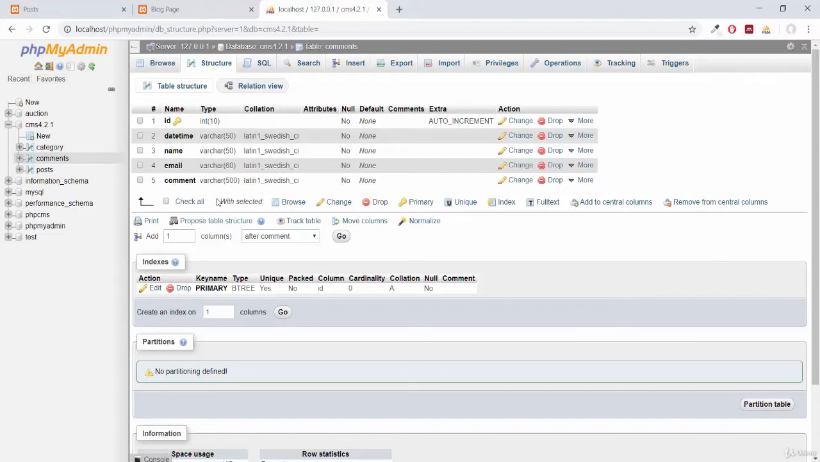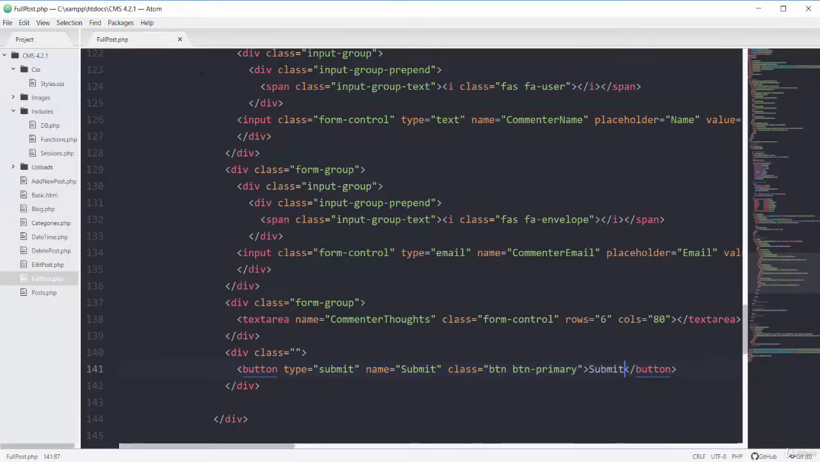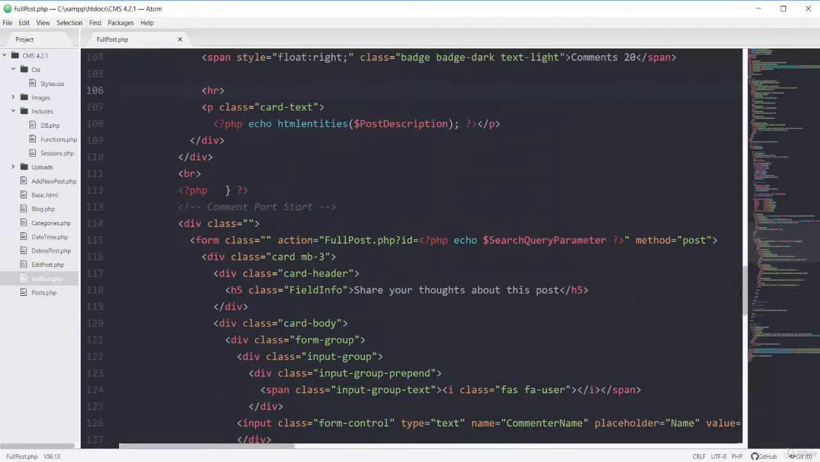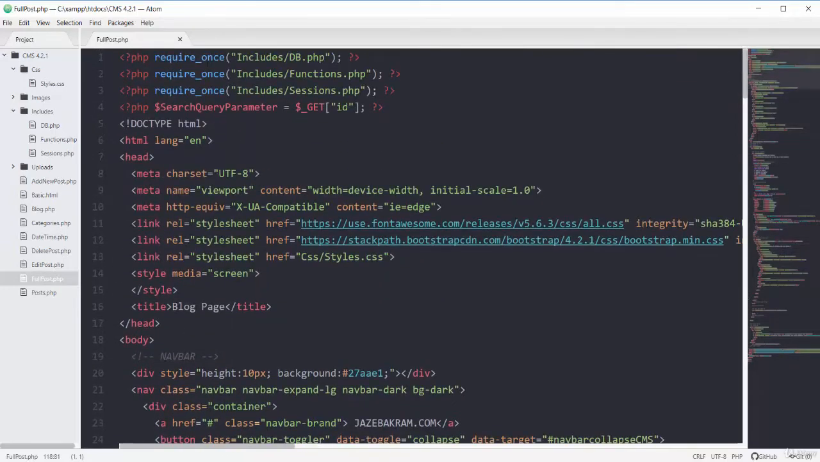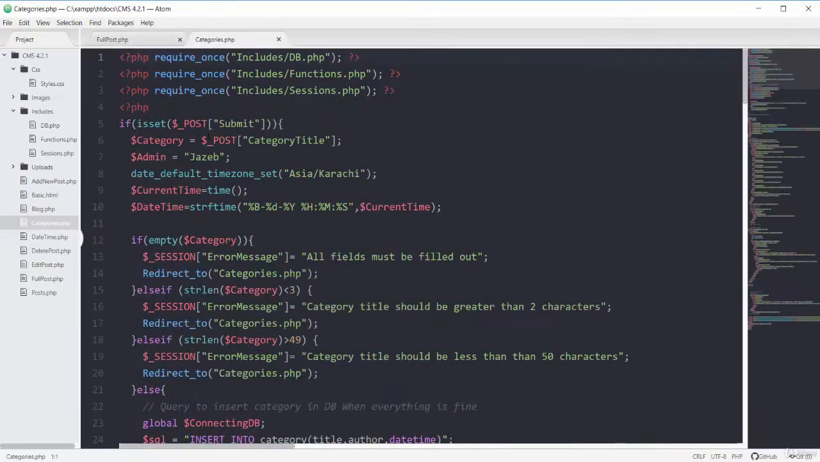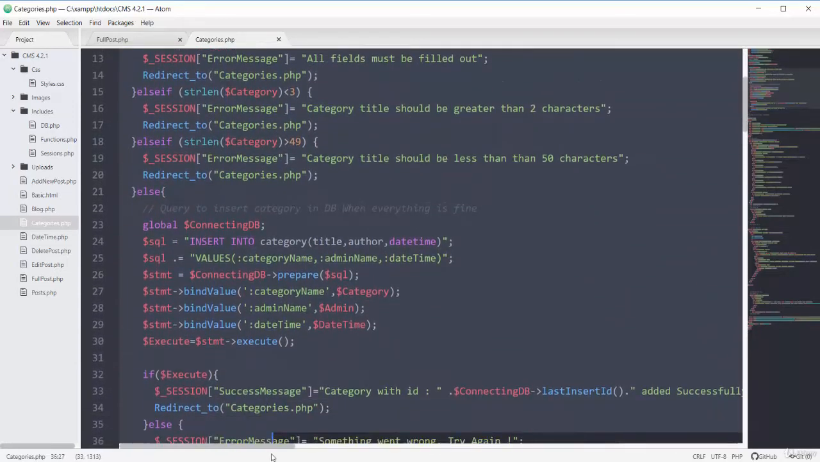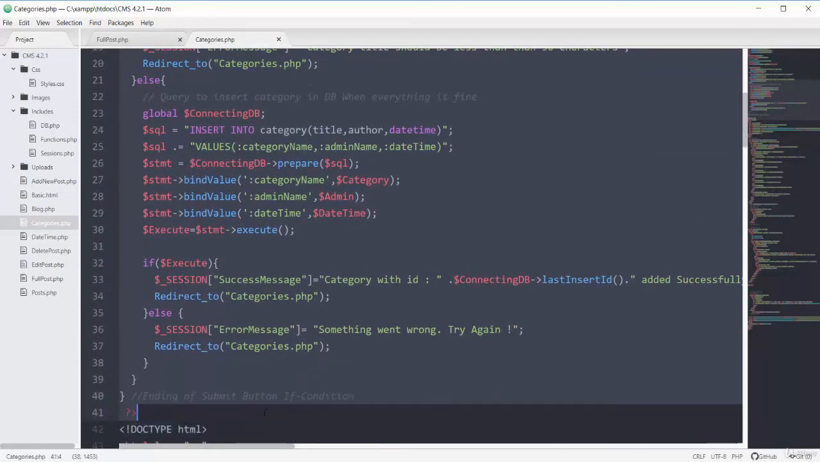Now we can insert our data on this table. So back to my editor. This is my file of fullpost.php. So we will have the same type of code for date and time and basic validation. So I'm gonna open my file of categories.php and let's copy this PHP scope in which we have this submit button and also our insert query so that we will not waste our time. So I'm gonna copy all of this,